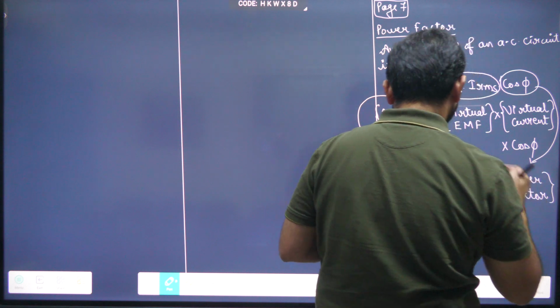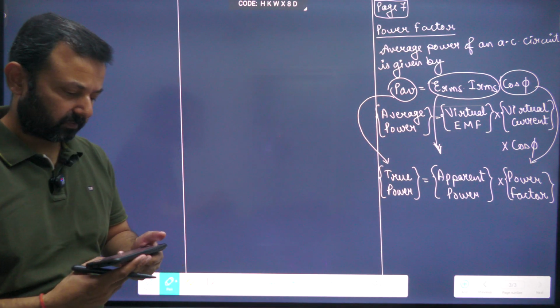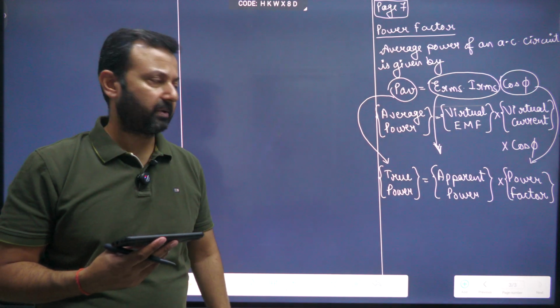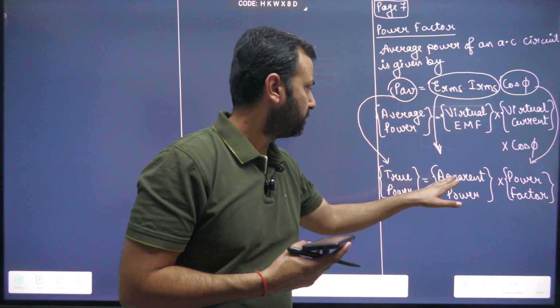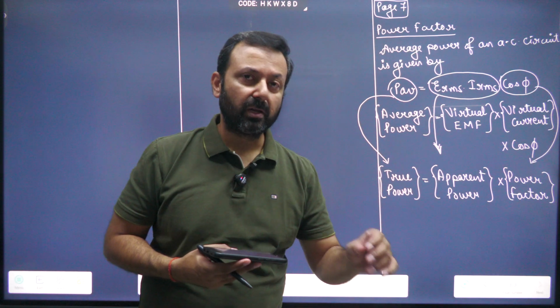This is power factor. The true power is equal to apparent power into power factor. Thus, power factor may be defined as the ratio of true power to the apparent power of an AC circuit. Power factor is also defined as true power divided by apparent power. Please note down this relation also, because every time